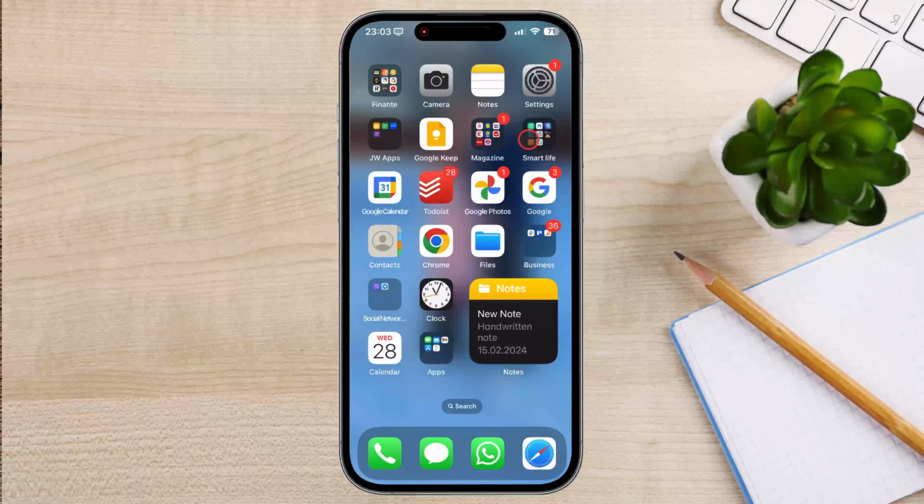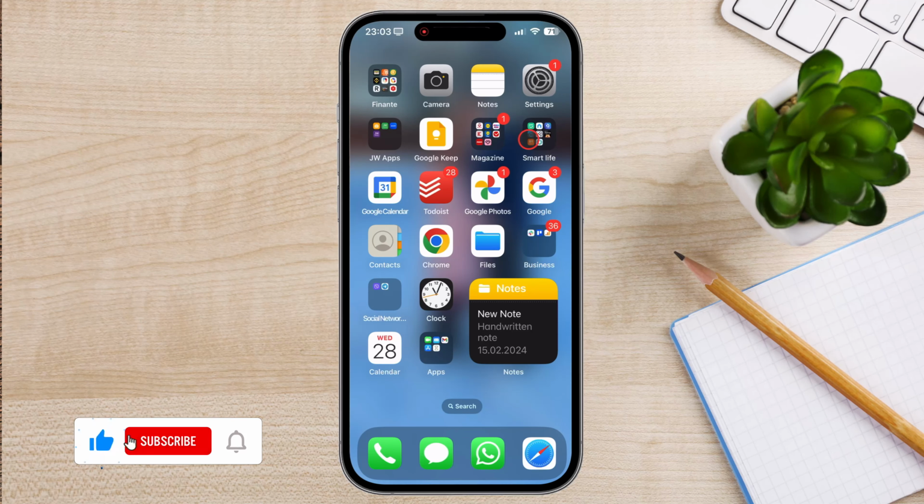Today, we talk about a topic that is crucial for your iPhone's battery life and eye comfort: how to change screen timeout on iPhone. Whether you want to keep your screen on longer for immersive experiences or shorten it to conserve battery, we've got you covered.